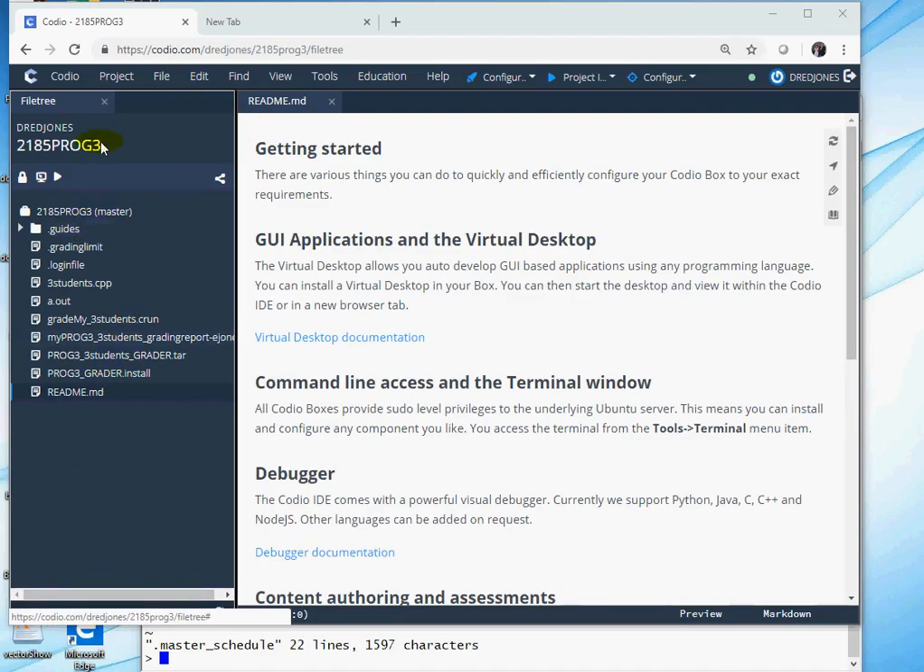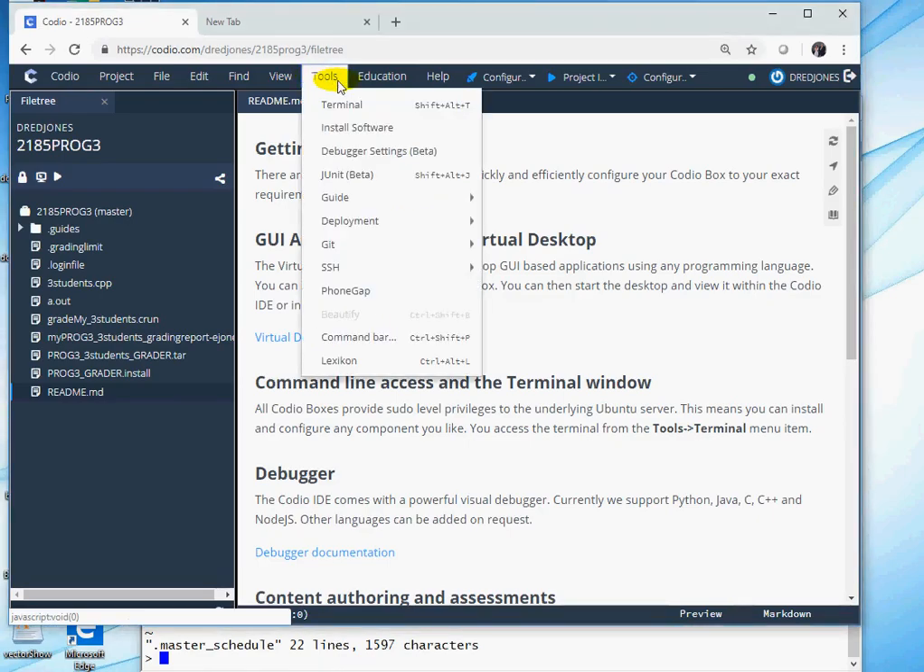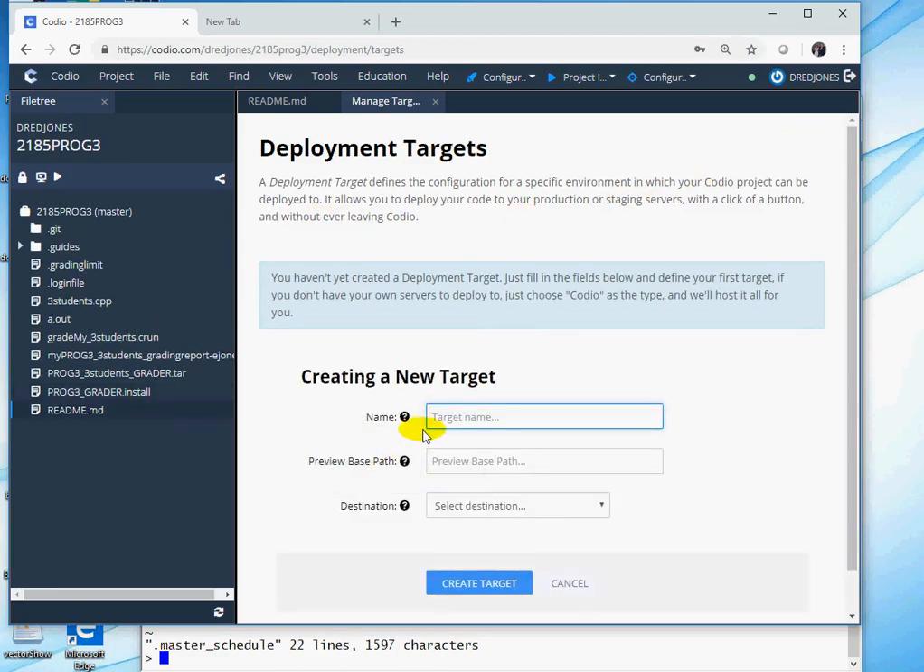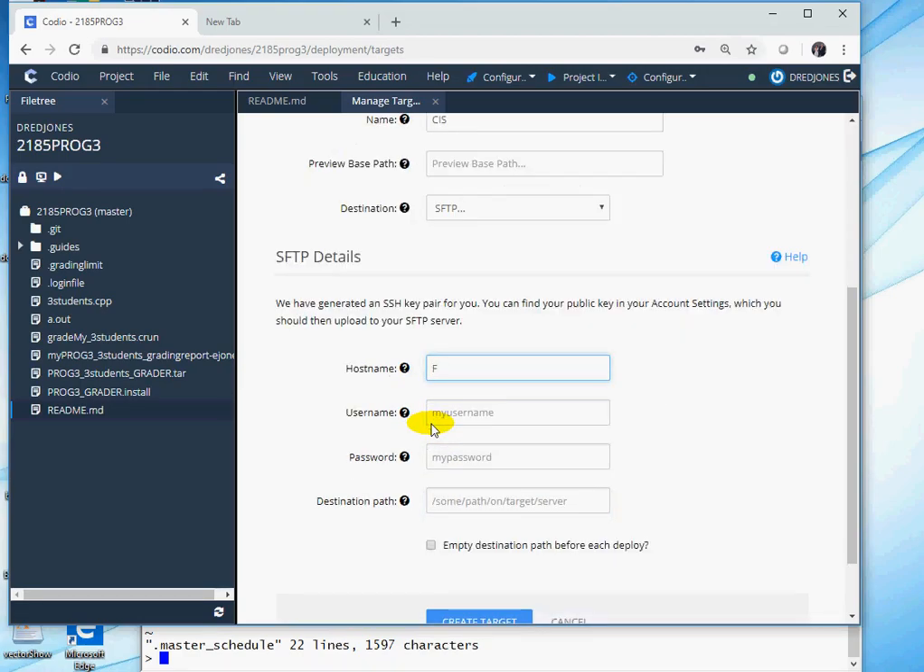So let's go ahead and set up a deployed target. See if we have one. Manage target. Says I don't have a deployment target. I'm going to call it CIS. No base path. SFTP. And the host name is